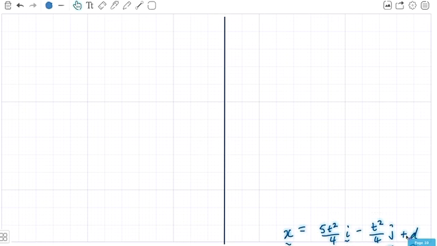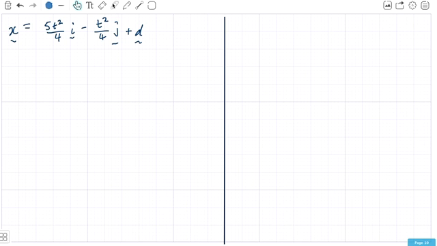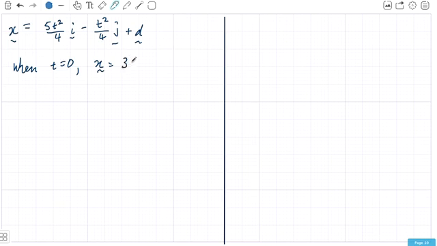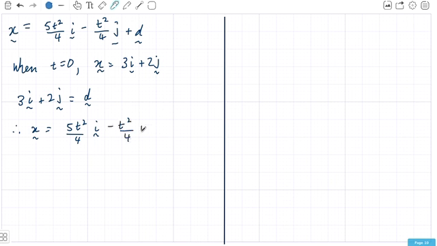Oops, bring that up to here. So again, when t equals 0, x equals 3i plus 2j, that's its starting point. We can substitute t in here and substitute this x in, so we have 3i plus 2j equals 0, 0, it's d. So therefore, x equals 5t squared on 4i minus t squared on 4j plus 3i plus 2j,